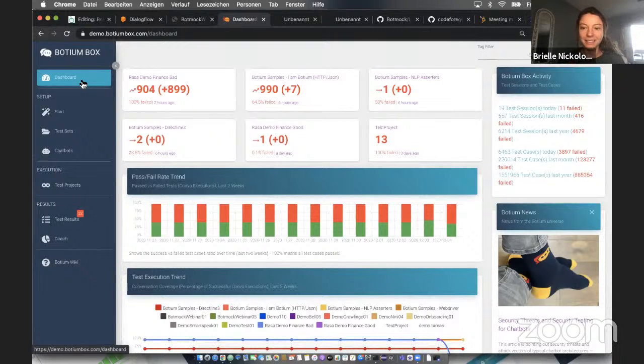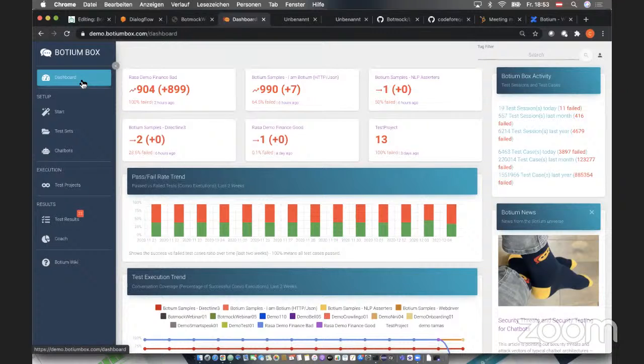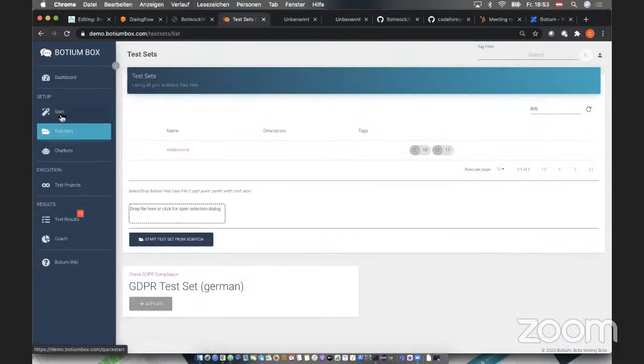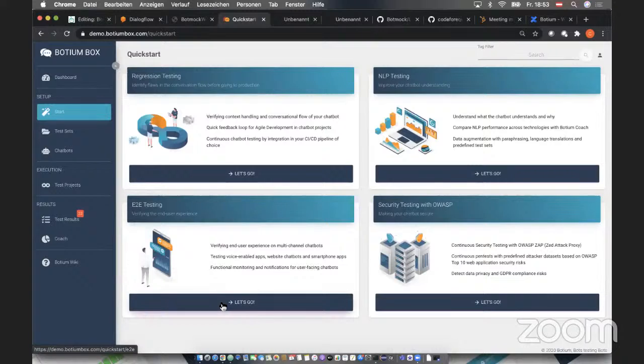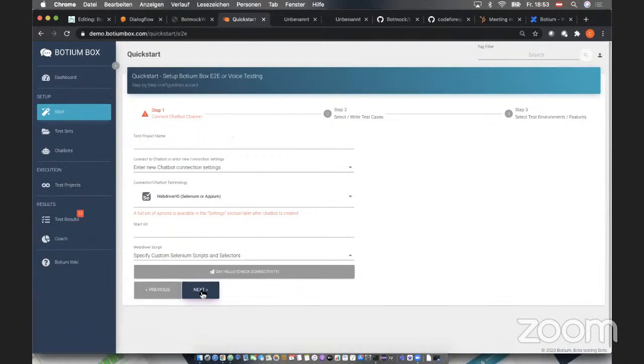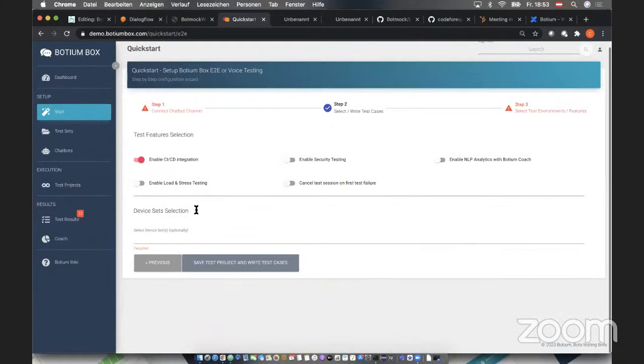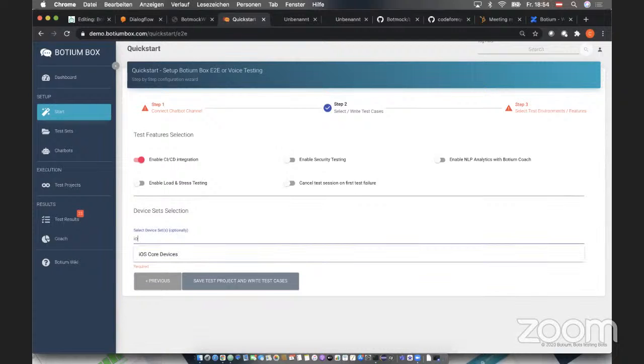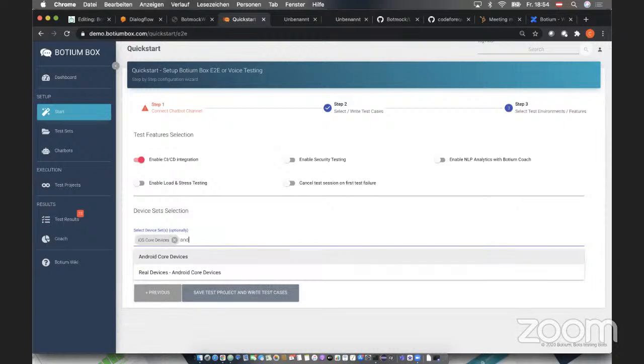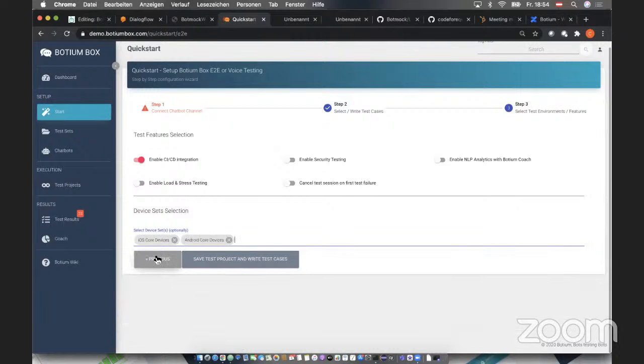Yes, definitely. Okay. So the end-to-end testing I have showed you before, we were just going through a browser on desktops, but if you go here to end-to-end testing, and I quickly skip those first two steps, and let's imagine we have now imported the Botmock project and generated all the tests out of it. You could say now run on, I don't know, if I type here iOS core devices, or we've also defined this for Android devices. And what Botium Box will do is, behind these two tags, we have a connection to